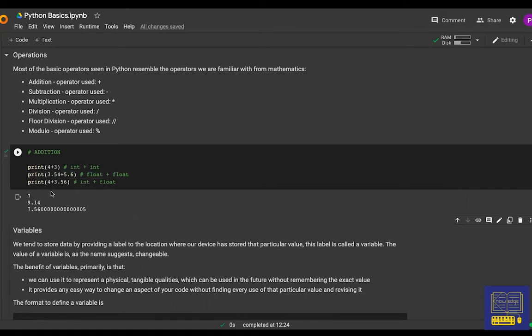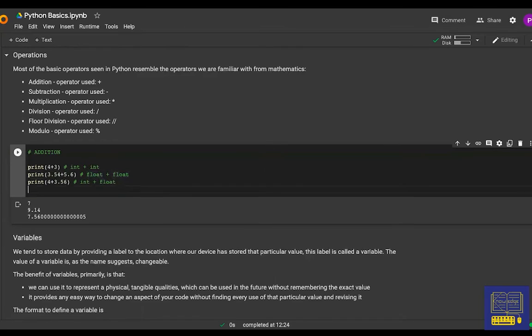All right, 4 plus 3 is 7, and 3.5 plus 5.6 is 9.14. And just remember when you're adding ints and floats, there is a little caveat with how data is stored. So it's almost exactly right. There's a bit of a change, but basically what you need to consider is that this part is right, 7.56, which is basically the result of this addition. So you will see this in your programs. Don't worry about it. It's nothing. It's very basic, and you really don't need to worry about it. So this is how numbers are added in Python.